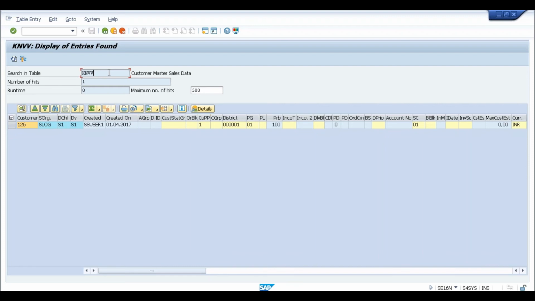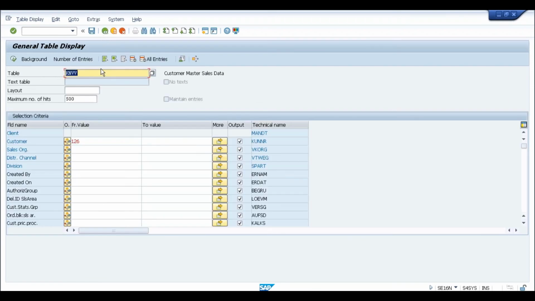Other than that, the standard tables from the master data point of view are all available, but because business partner has been added, we need to understand what the table for business partner is, and where exactly is the link between my customer and business partner. These are the two questions which should come to your mind. You already said BUT000. This is the master data table for the business partner. This is the general data.